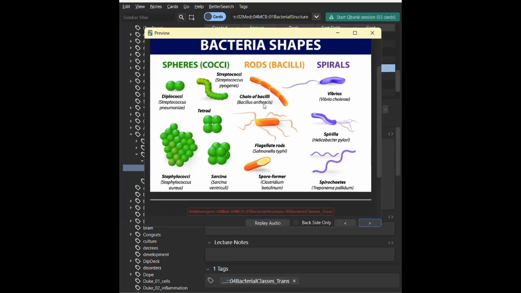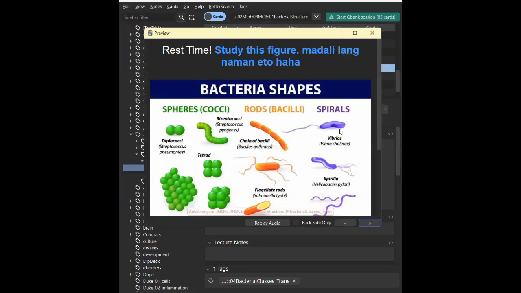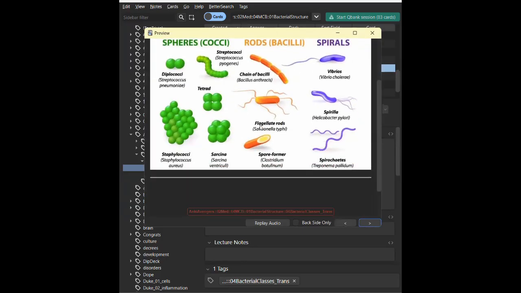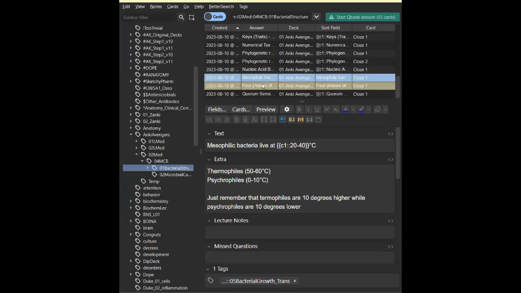To cover these things or to make a card because it's already self-explanatory. Diplococci, tetrad, staphylococci, streptococci, chain of bacilli, flagellate rods, spirochetes. Literally, it's a spiral. So maybe this will encourage people to just look at the figure, study it better. So that's mostly for visual information.